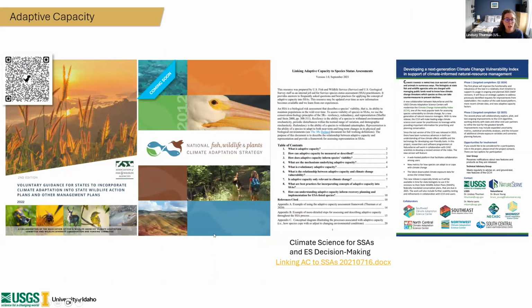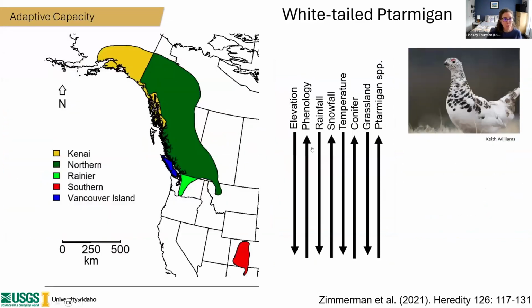action plans. We're in the process of updating the National Fish, Wildlife, and Plants Climate Adaptation Strategy. And then there's specific guidance that we developed for linking adaptive capacity assessments to species status assessments, which many of you with Fish and Wildlife Service might be interested in. And then we're also updating NatureServe's Climate Change Vulnerability Index, bringing that online and into a web-hosted GIS-based platform that will now include all of these AC traits. So there's lots to come, and we'll cover much more of this in the in-person workshop for those that are attending. And I'll turn it over to Cam now for a great example of AC.